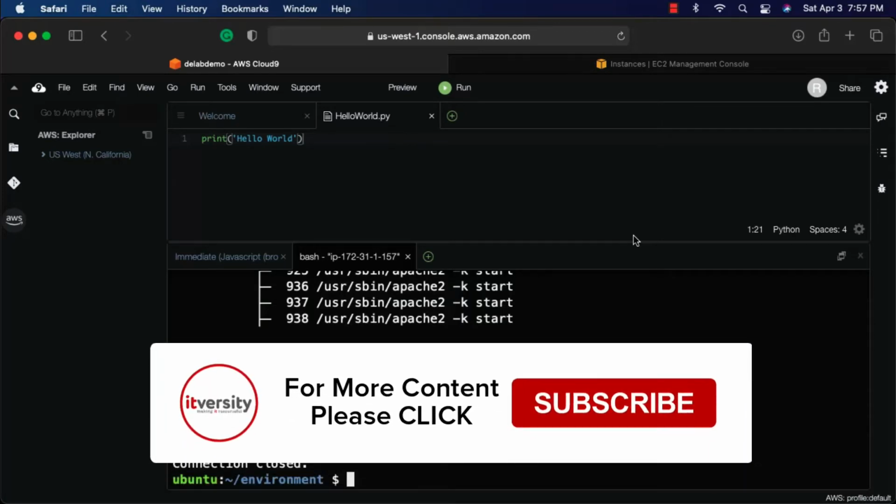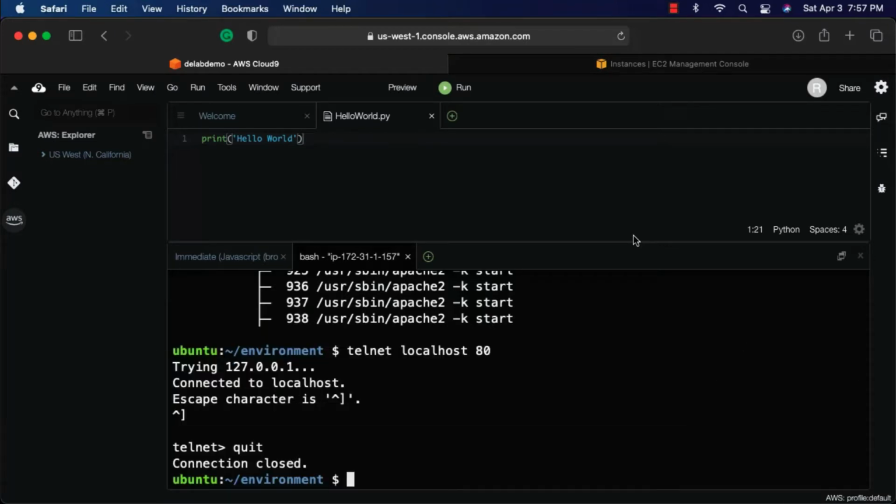Whenever there is inactivity on this Cloud9 instance, the system will be shut down. Whenever we want to use it, it will be started automatically. We might have to log in and launch from the AWS Web Console, or if the browser is still active, you should be able to refresh the page. It will automatically connect to the Cloud9 instance for you by starting the EC2 instance behind the scenes. That being said, whenever it is shut down and started, the public DNS as well as IP will change.